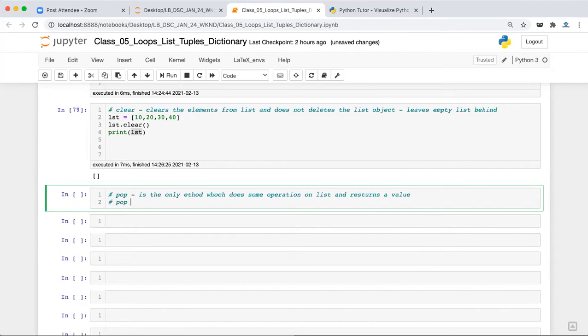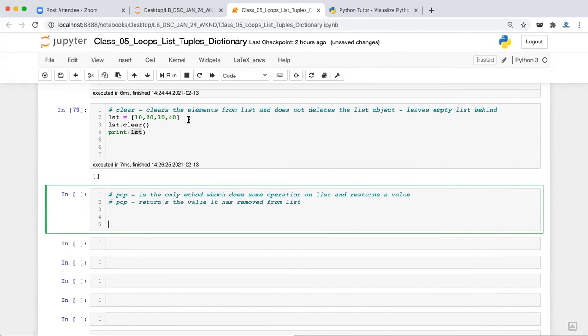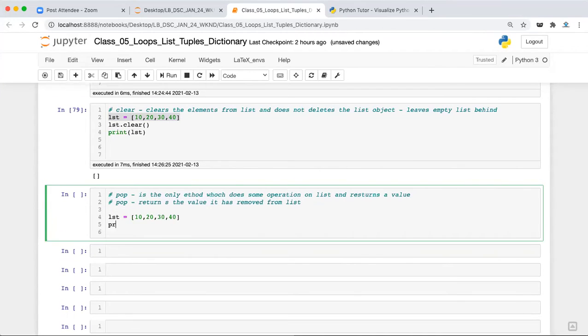So what it returns, pop returns the value it has removed from the list. Let's say we have this list, and if I write print lst dot pop, and you are not giving anything, by default this is going to remove the last element from the list.